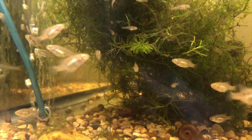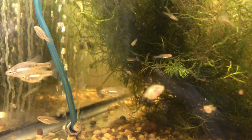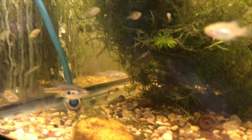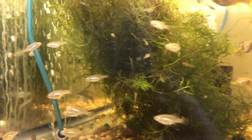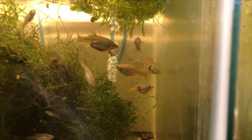This is Xenotoca multipunctata. The multipunctata stands for the spots on the side of the male. Notice they have a fairly large flowing dorsal fin, and particularly the males, as they age, will get a lot of spots to where they can almost be black and orange all over. There's a couple in there that have more spots. I find these to be fairly prolific,